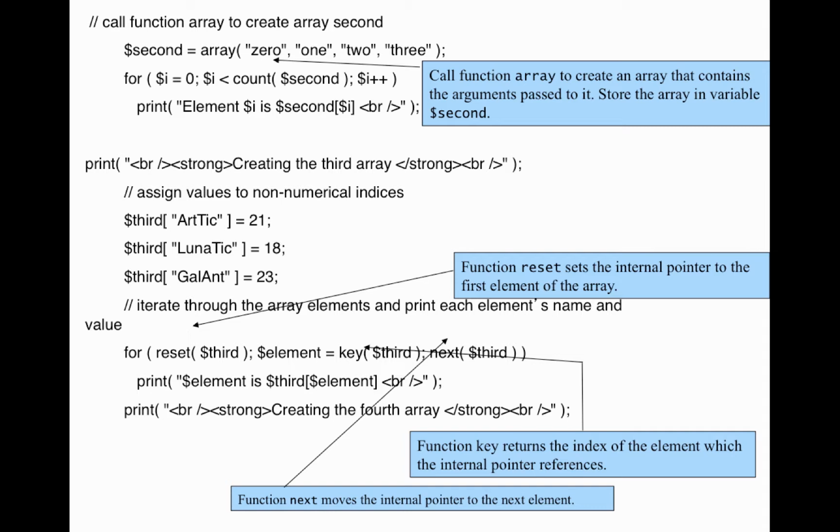So now we use a slightly different way to traverse through the array. Again we use the for loop, but we use something called the reset method. When we say reset $3rd, it automatically takes the pointer to the array and places it at the first element, which means it's been placed at $3rd Arctic. Now that the pointer is placed there, when we say key $3rd, it's automatically referring to